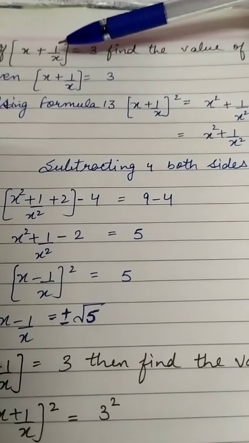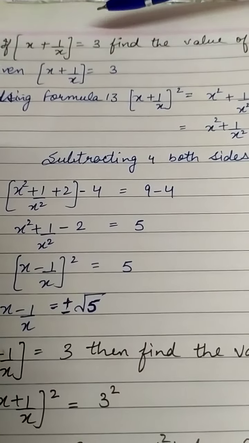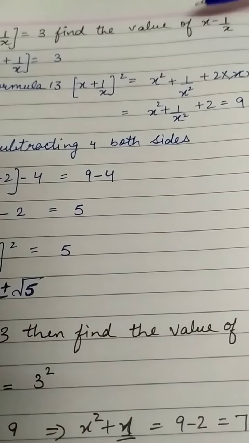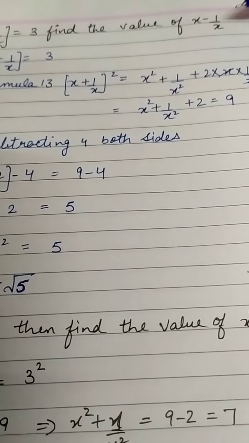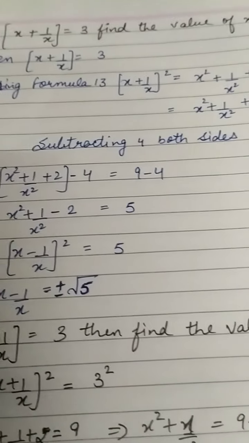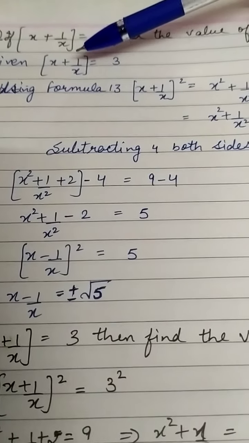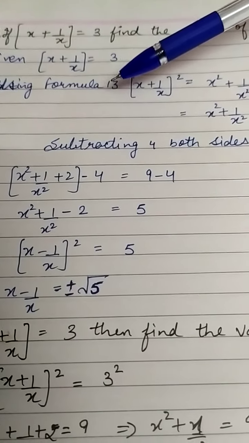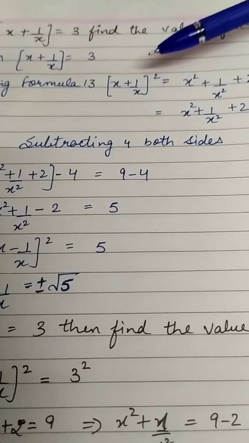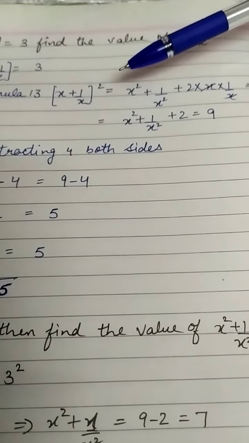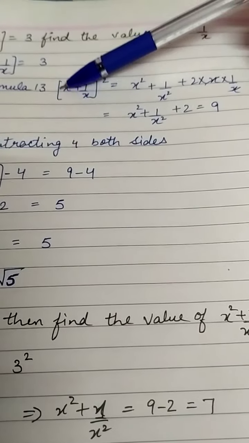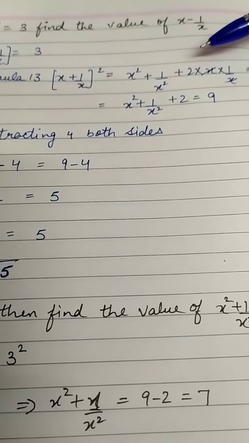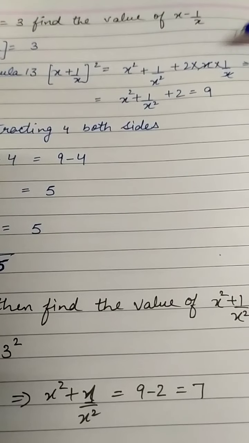Children, if we have x plus 1 upon x equals 3, means this whole has value 3, then we have to find the value of x minus 1 upon x. Okay. So we have given here x plus 1 upon x is 3. So remember the formula 13, that is (x plus 1 upon x) whole square equals x square, means its square, plus (1 upon x) whole square, plus 2 into x into 1 upon x, means